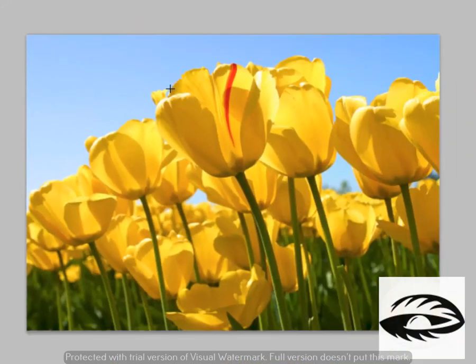Now, whenever you left click anywhere on your image and drag your mouse, an ellipse will be created. Now this area has been selected. We can now perform different actions with this selected area.